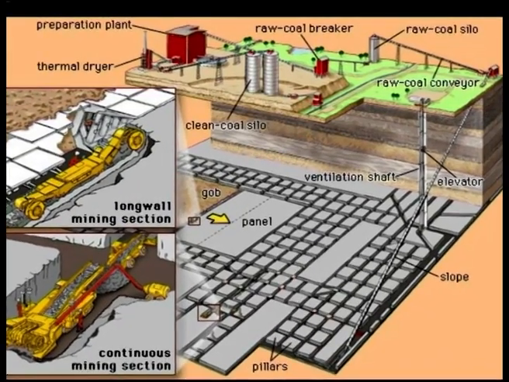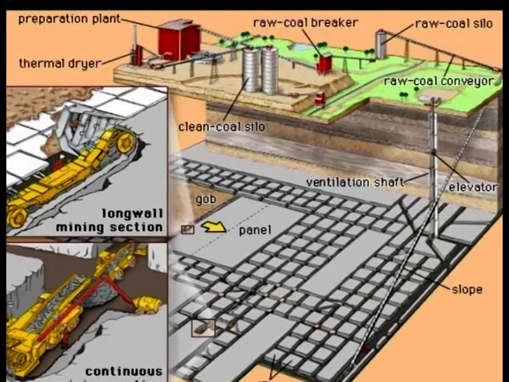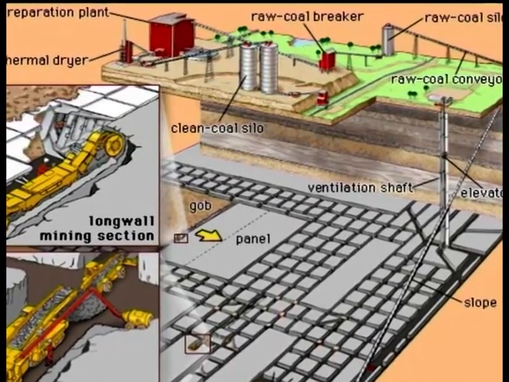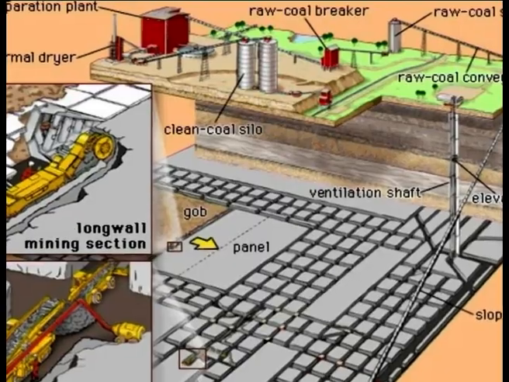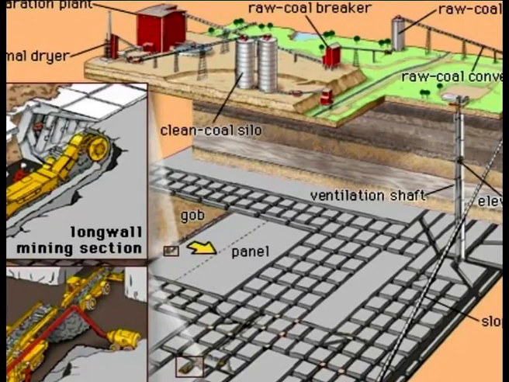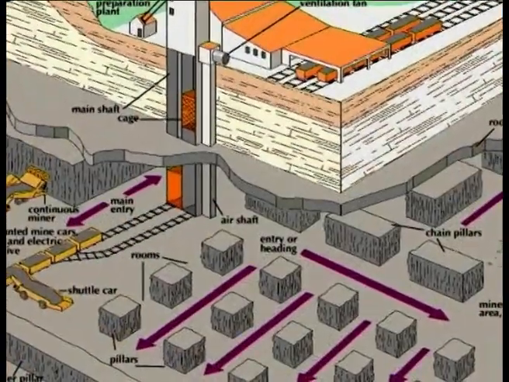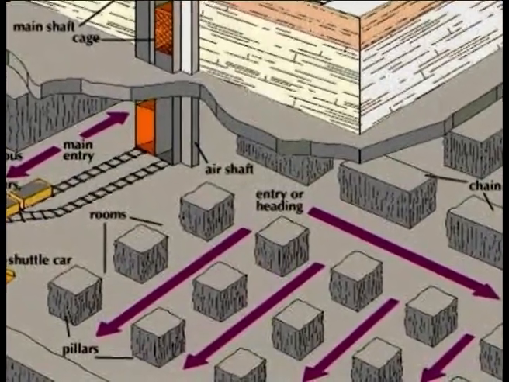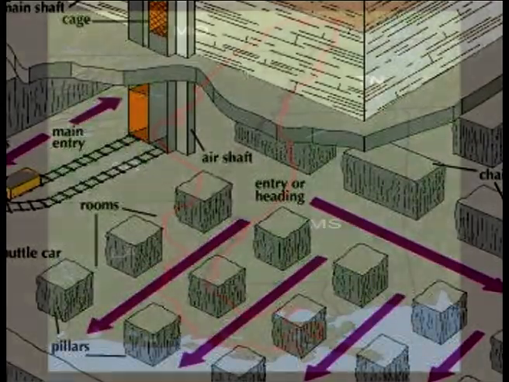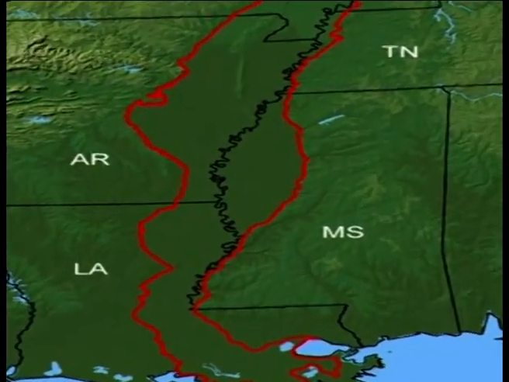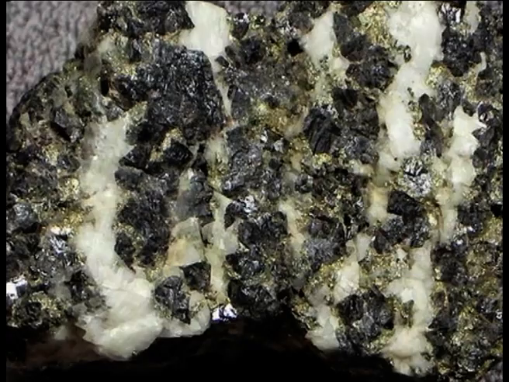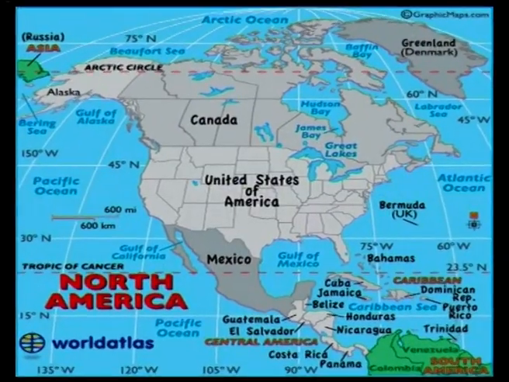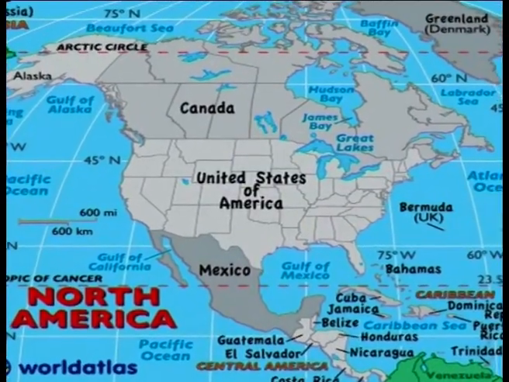The room and pillar method is a low cost method where rock bolts or roof bolts, rather than timbers, can be used for temporary roof support. Room and pillar width ranges from 5 to 20 meters. This method is used in the Michigan copper mine and also in Mississippi Valley lead zinc mines and, in North America, for potash and salt mines.